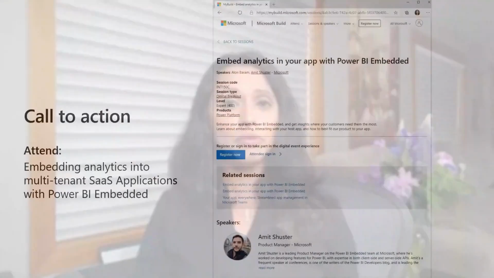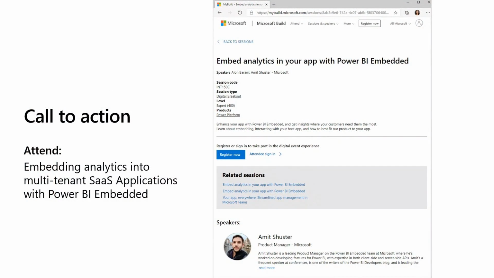For those of you interested in learning more about how to embed these reports into your multi-tenant SaaS applications that you already have, do attend Amit's session later today, where he will go through a lot more detail, give you some awesome demos, and show you some working code as well.